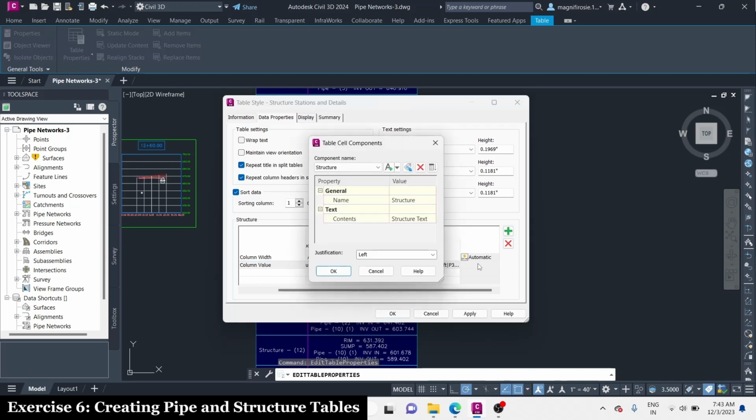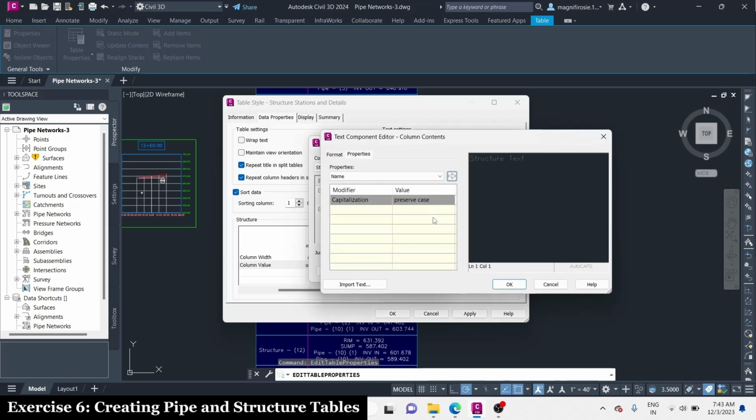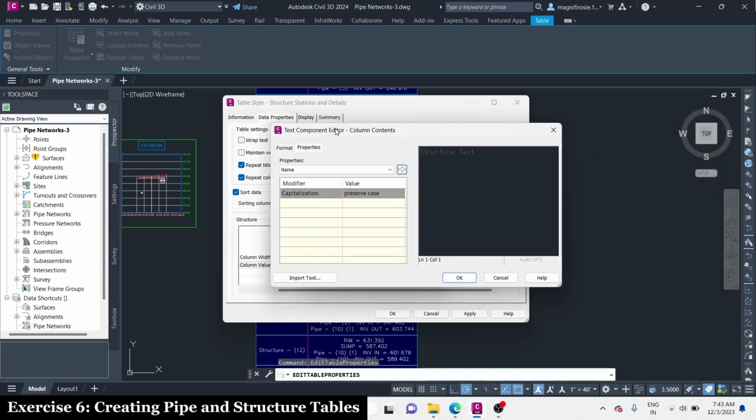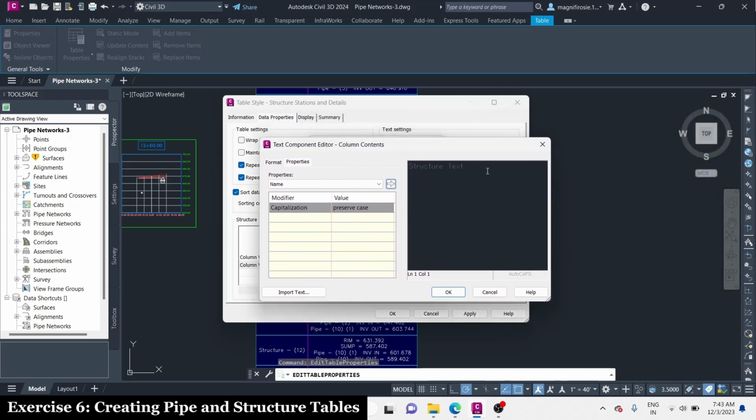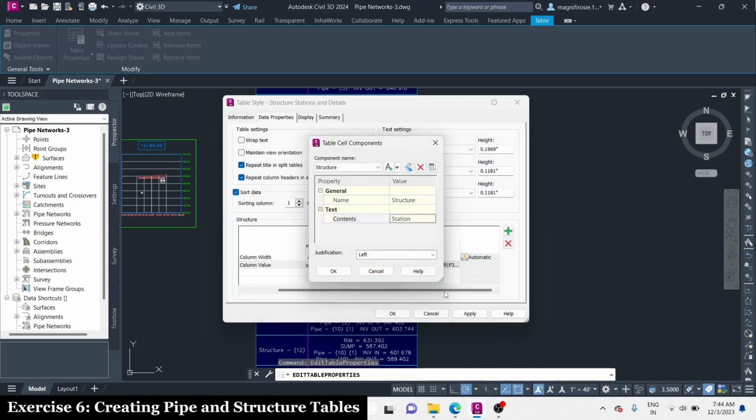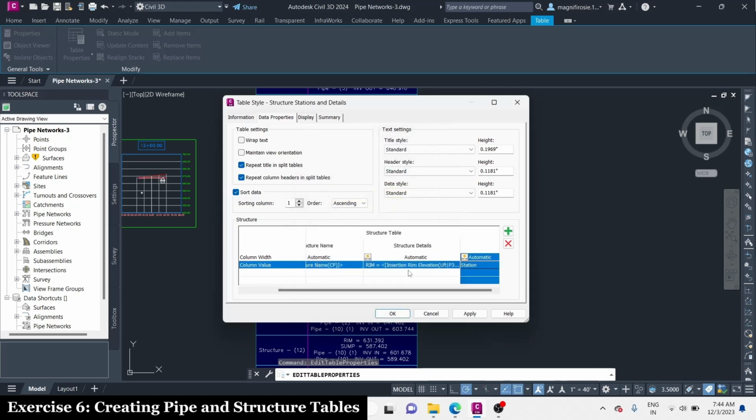In the Structure area, click to add a new column to the table. Double-click the new column's heading cell. In the Text Component Editor dialog box, in the Preview pane, enter Station. Click OK. In the Table Style dialog box, in the Structure area, double-click in the column value cell in the